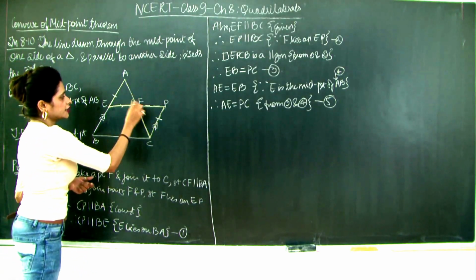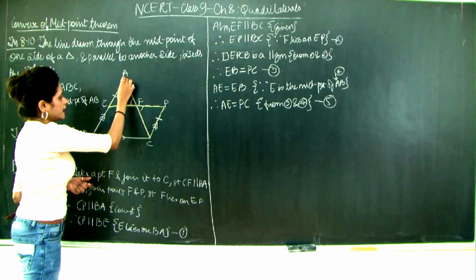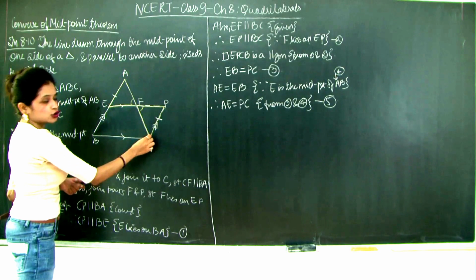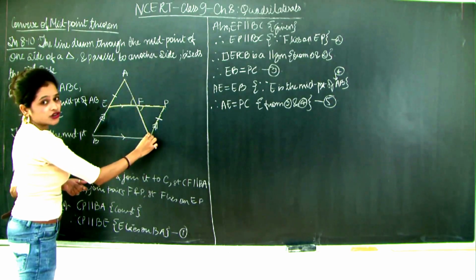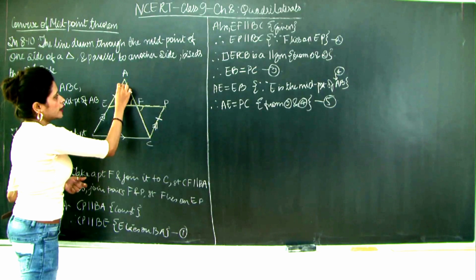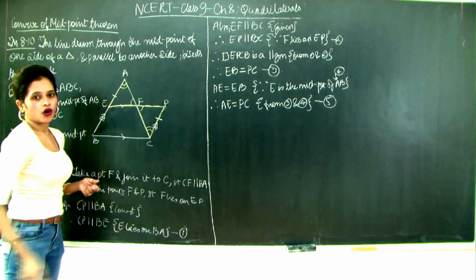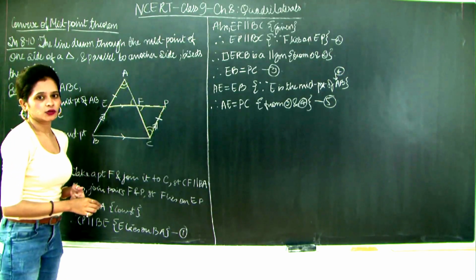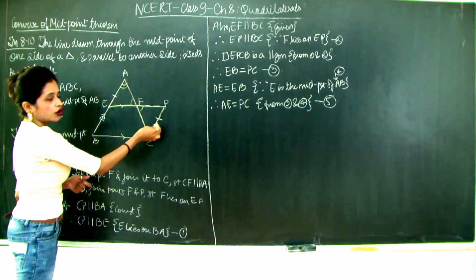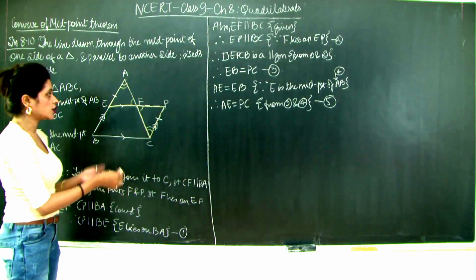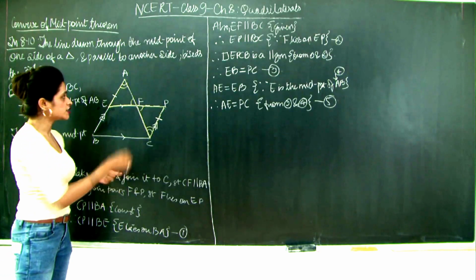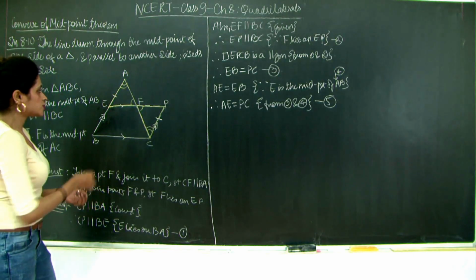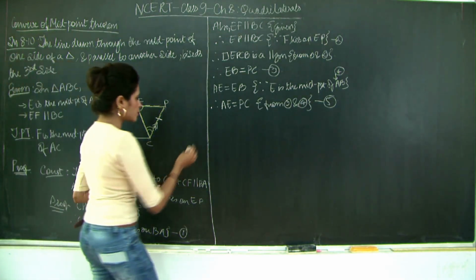What do you see? You have vertically opposite angles over here. You have AB parallel to PC, which also implies that AE is parallel to PC and AC is your transversal. So what do you have? These two angles equal to each other through the alternate angle theorem, and also we just proved that these two sides are equal. Therefore, the two triangles are congruent to each other by AAS test of congruence. So once you prove the two triangles congruent, you can say that AF is equal to FC, which implies that F is the midpoint of AC. So let's go ahead and prove the two triangles congruent first.